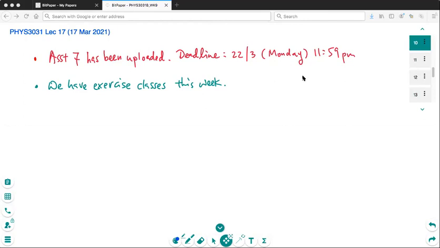Okay, so today's lecture, we will have a lot of calculations to do. A lot of them are actually quite straightforward, but a bit messy. So what I plan to do is I will do some and I will let you complete the rest, because the materials today are actually very fun. You can try to use some intuition to guess some limiting cases of the solution. And I would like to focus more on this kind of physical intuition rather than doing